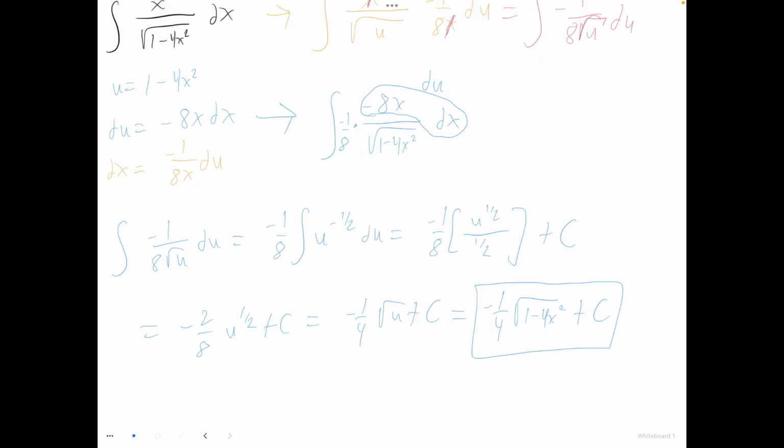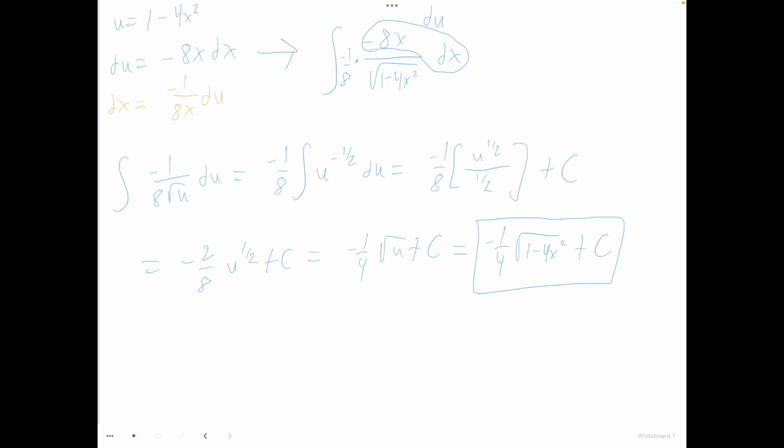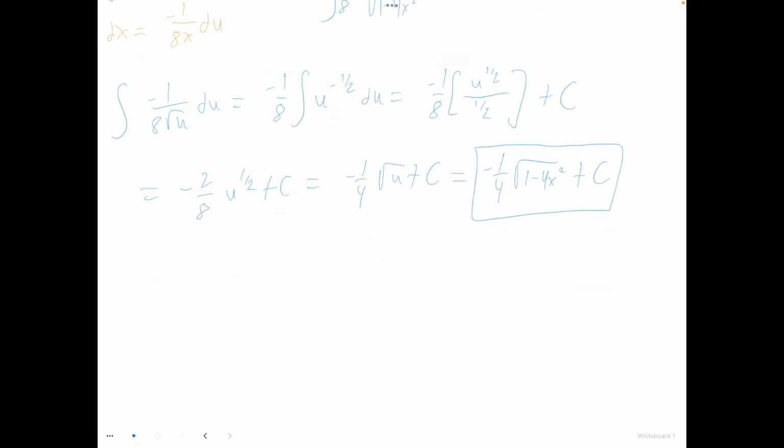Okay, now one thing to be aware of is you can always check your answer by taking the derivative. So once you get to the very end, if you want to check, did I get the right answer? You can just take the derivative of your answer and see what you get. So if we take the derivative of negative 1/4 square root of 1 minus 4x squared plus c,